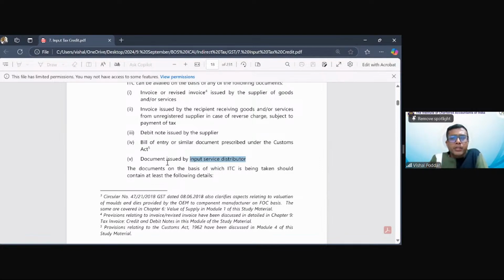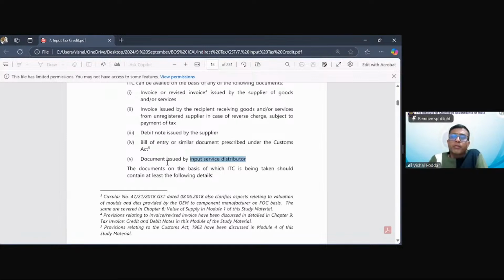Understand this. My outward supplies are made by all these factories or units where actual manufacturing is taking place. This particular office, this head office, is only an office for doing the administration and management. Now, in this office, for running this office, I'm incurring many expenses. So I'm paying rent for that whole premises on which GST is there. I've hired professionals, I'm paying them professional fees. I've hired a lawyers team, I'm paying them legal fees. On all these input services, I'm paying GST. All these GSTs are coming and sitting in the credit ledger of this office.